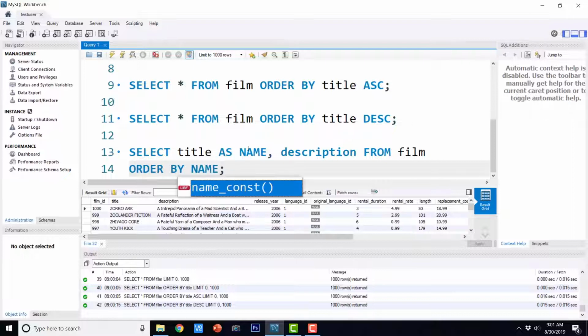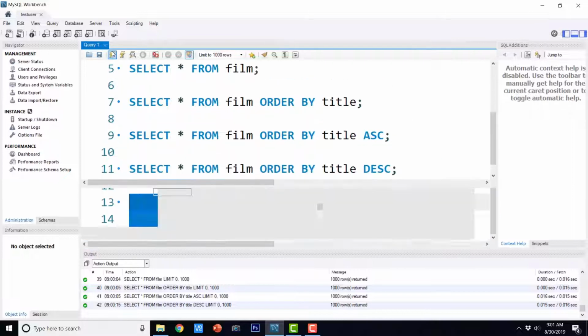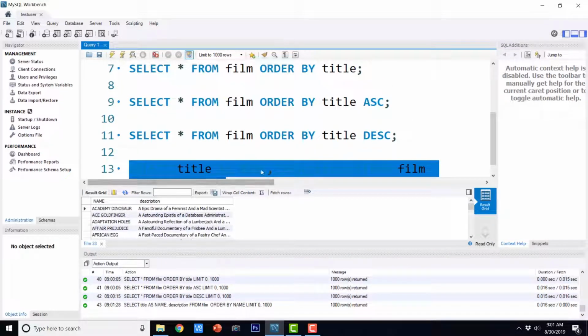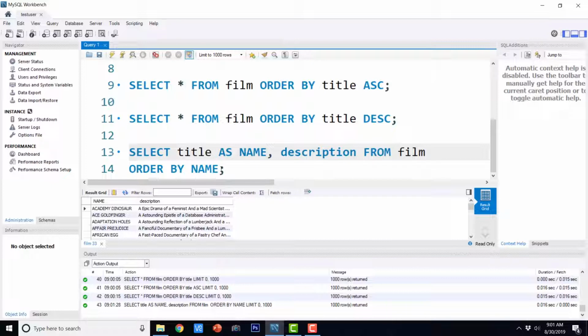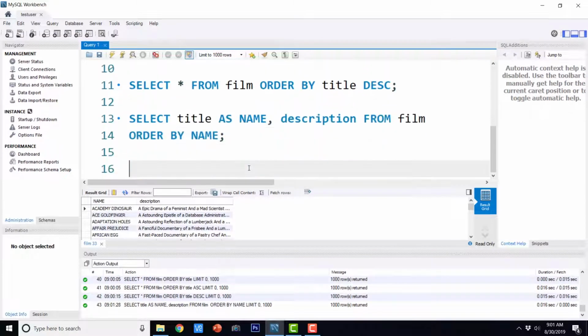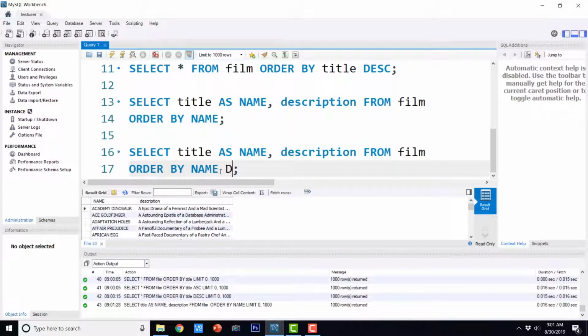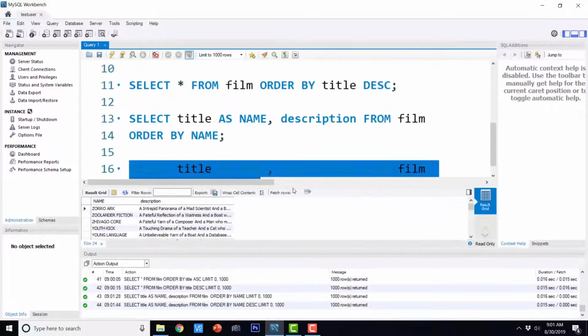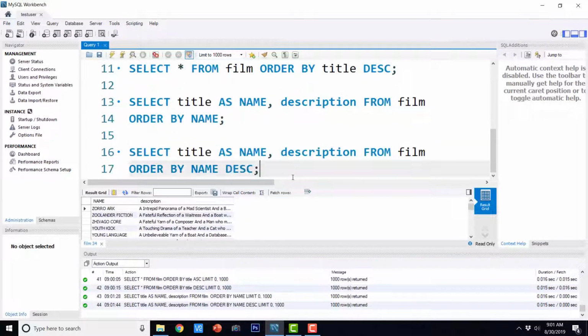So here we have name as an alias and we are ordering it by name. Okay, so by default it is ascending order as we haven't specified anything. Okay, and we can even order it in the descending order. So let me execute it. And this is the output.